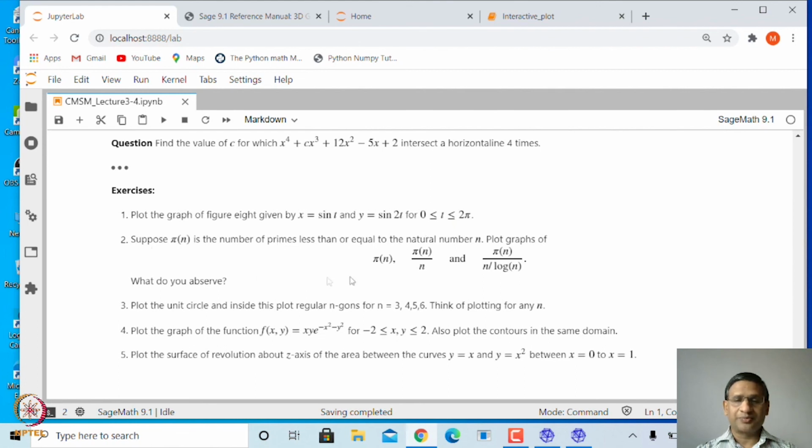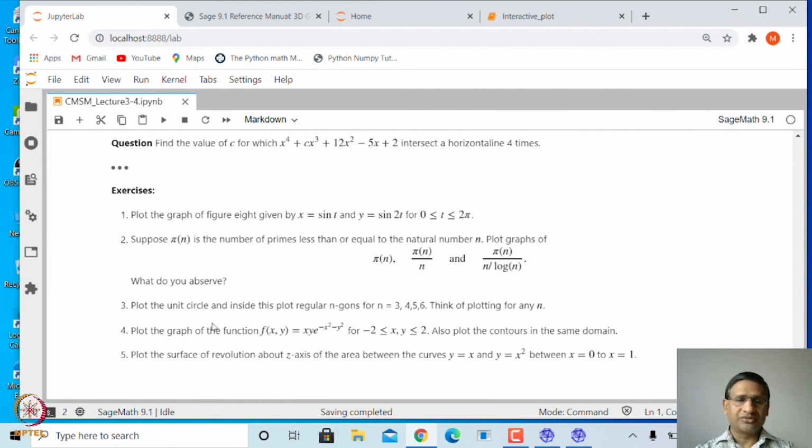Another exercise: let pi n represent the number of primes less than or equal to the natural number n. Plot this graph of pi n for n going from 2 to say 1000, and also plot the graph of pi n divided by n, and then also pi n divided by n divided by log n,